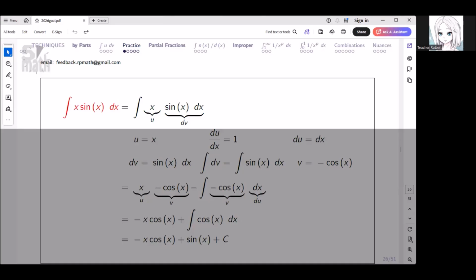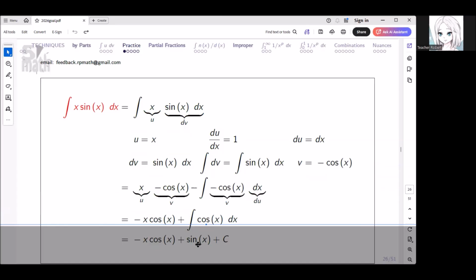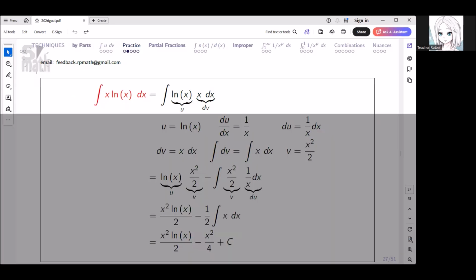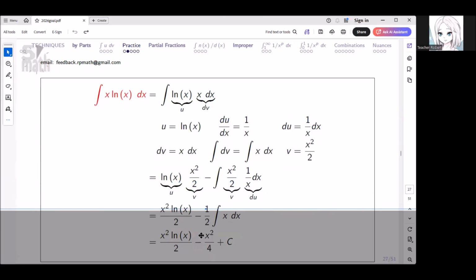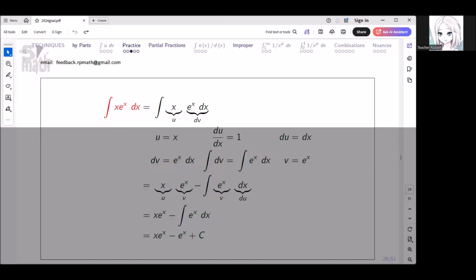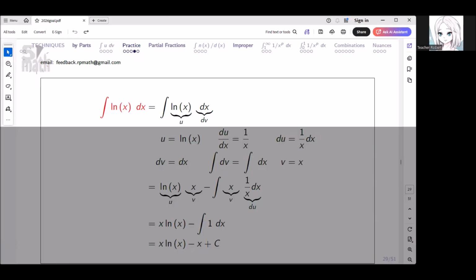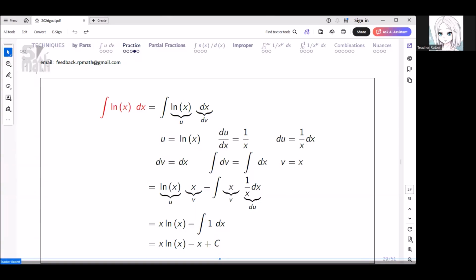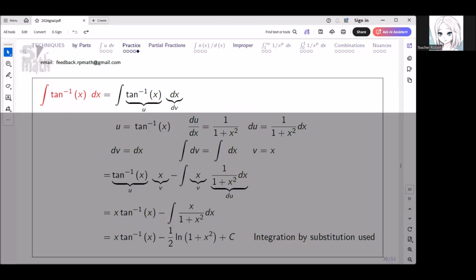Integral x sine x dx, integral x ln x dx, integral x e to the x dx, integral ln of x dx equals x ln x minus x plus c. Integral inverse tangent of x dx,